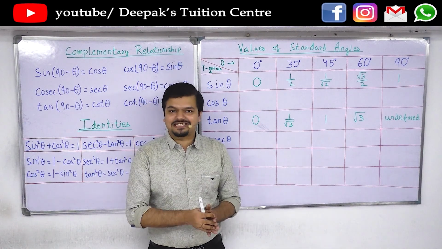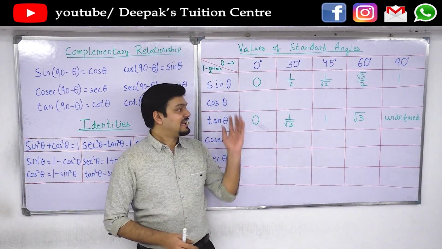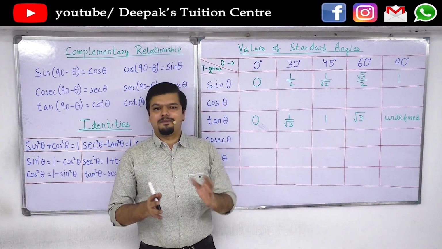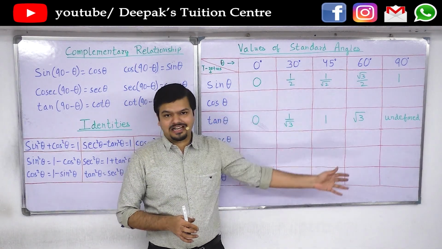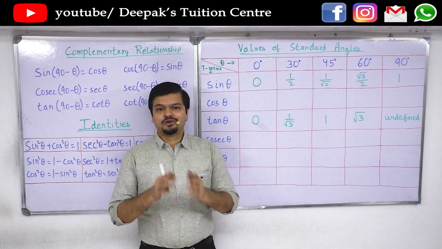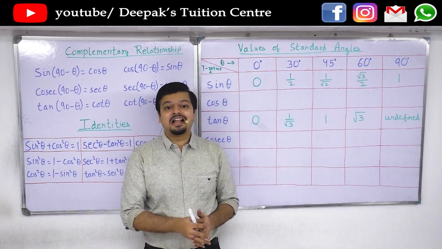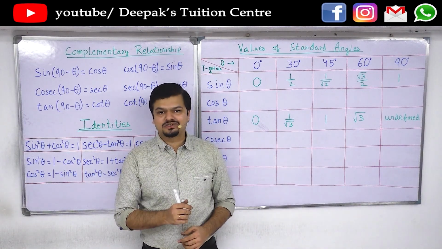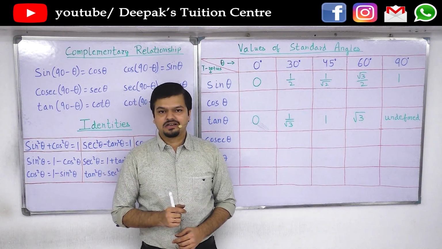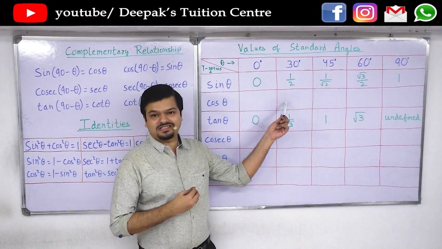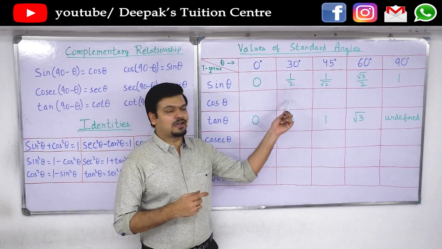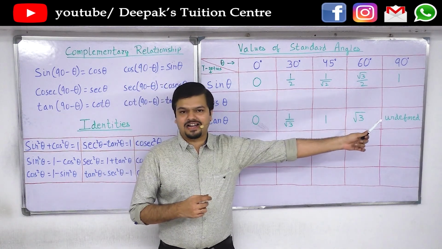I strongly advise against it. During the exam, this particular portion will weigh maximum 1 to 2 marks. So therefore reconstructing the whole table is a waste of time. You should know how to create the table and only create those values that are required in the question. So for example, if I am required to answer the value of cos 30 degree, then I'll only focus on cos 30 degree and not all the other values.